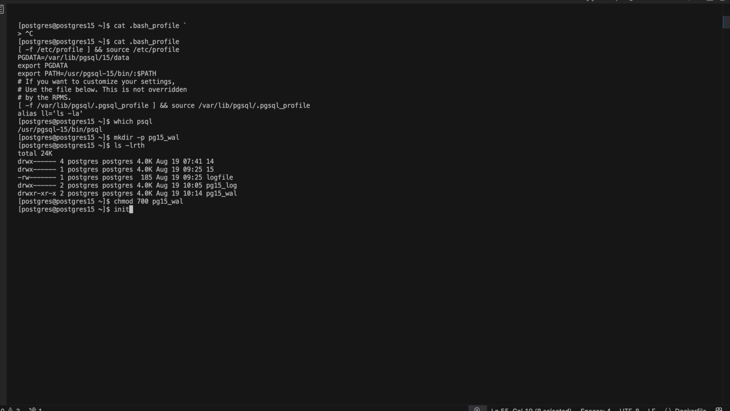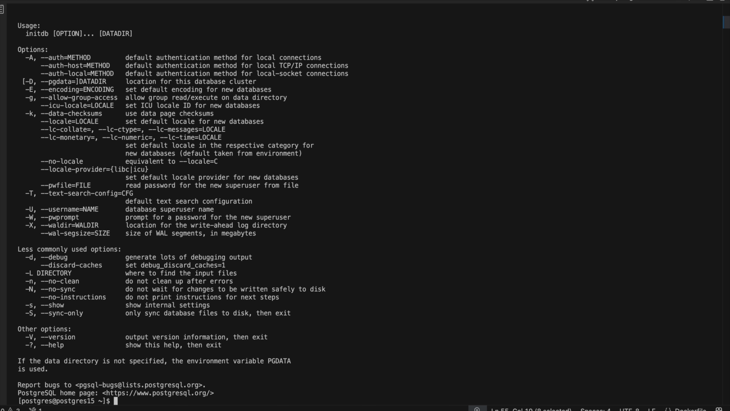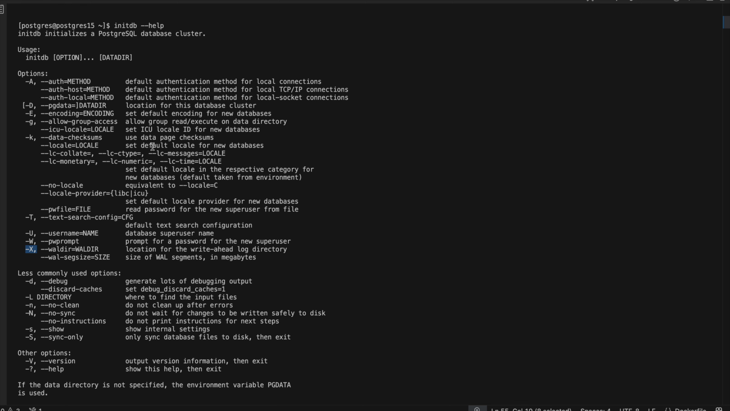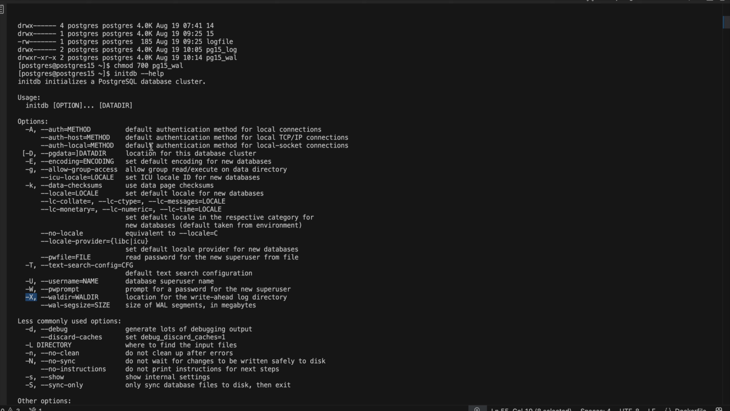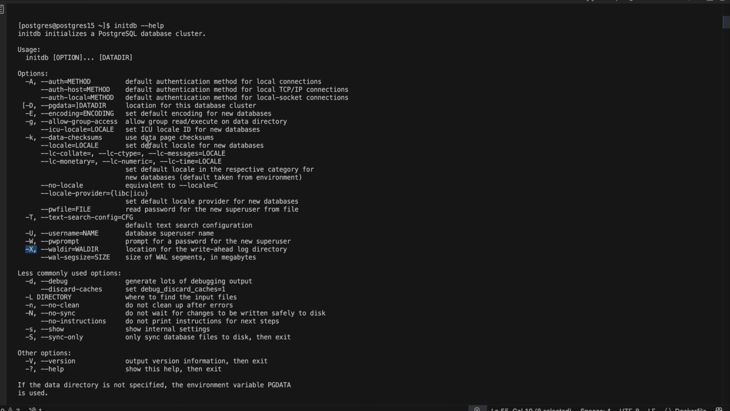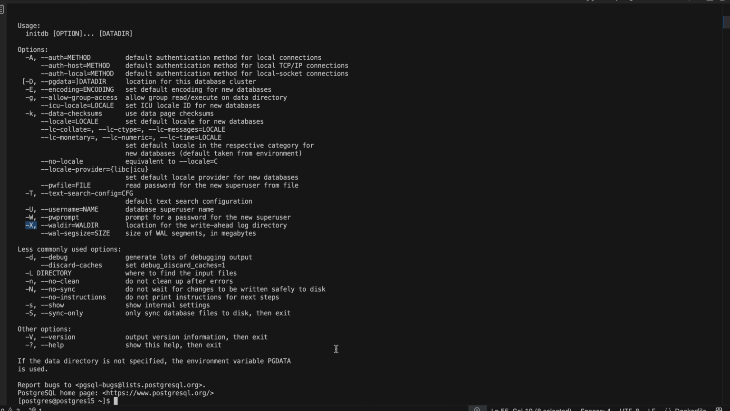Now you can initialize the cluster using initdb. As I mentioned earlier, during the initialization we can customize the WAL directory. Which option do we have to use? For that we can use initdb --help. There is an option called -X, which can be used to set the location of the WAL directory, or else we can also change the WAL segment size. Our goal is to create a cluster with a non-default location for the WAL, right? So for that what we can do: